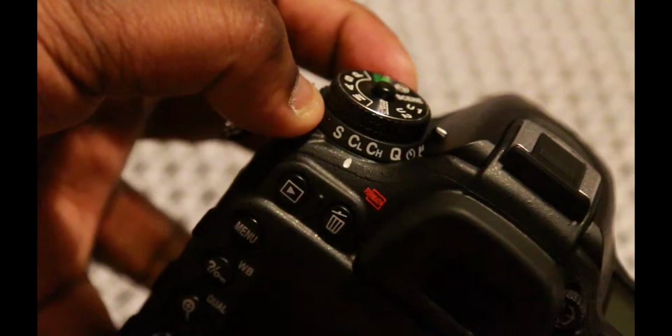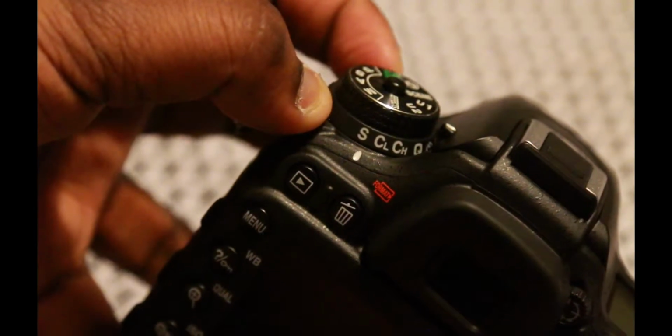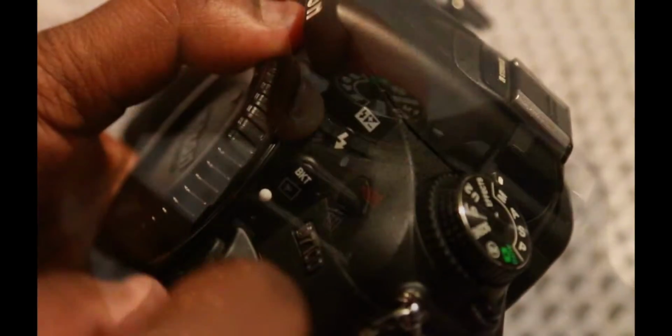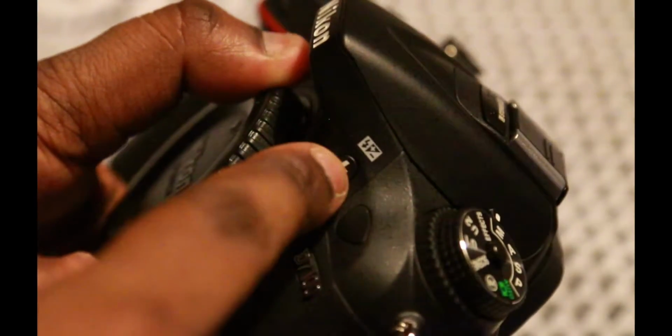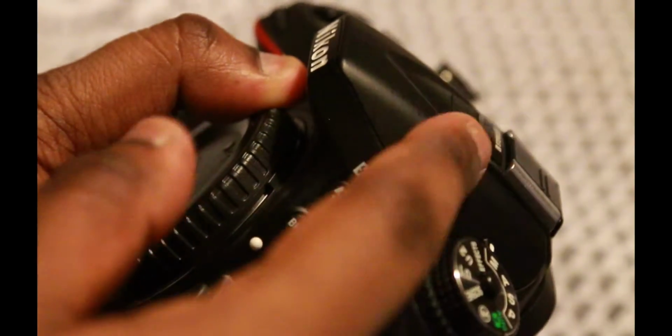What I don't like is the one by the side, where you also have a lock mechanism if you want to pretty much select all the various drive controls as well. And that one I don't really like. By the side you've got your pop-up flash button, just right there indicated, so pressing the button will pop up